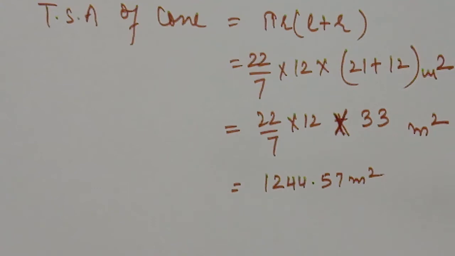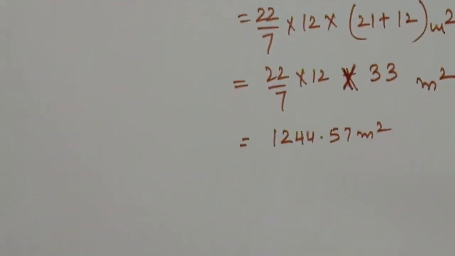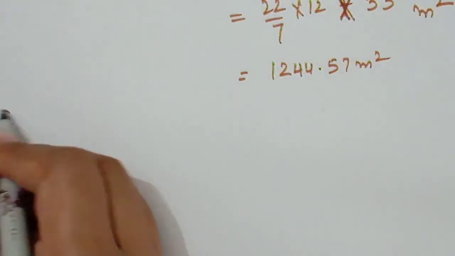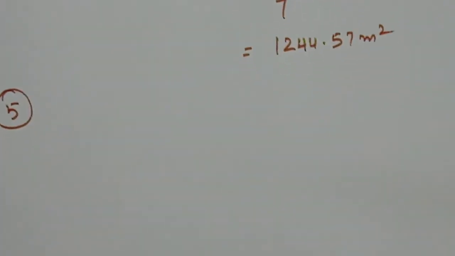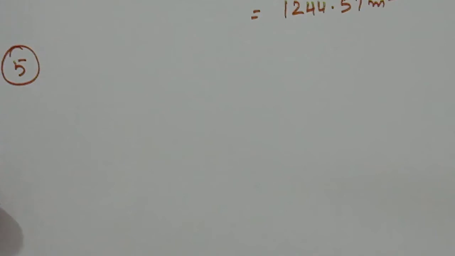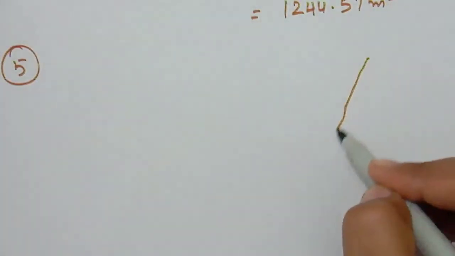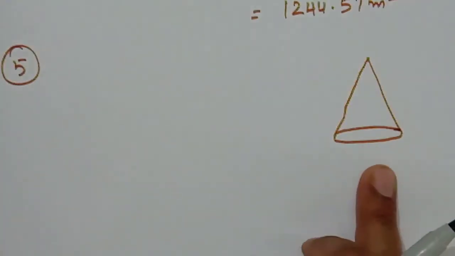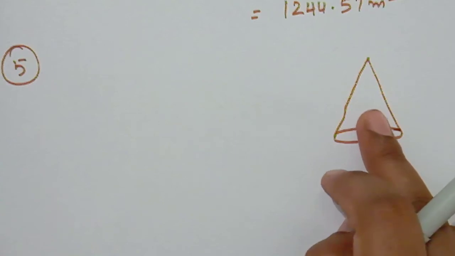Okay student, now we will take question number 5. Question number 5 is a little bit tricky, so try to understand and pay attention properly. A length of tarpaulin 3 meter wide will be required to make a conical tent. If we are talking about a tent, first of all you have to clear one thing in your mind. A conical tent is like this, and the tarpaulin means we are talking about